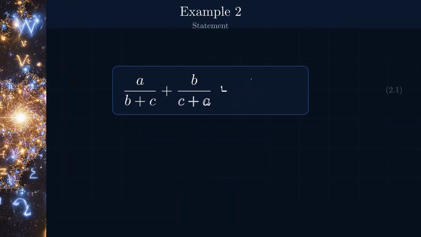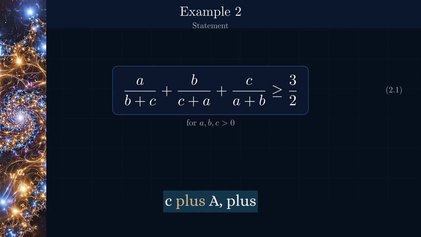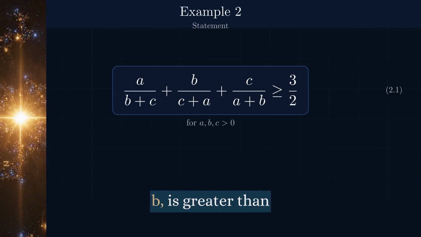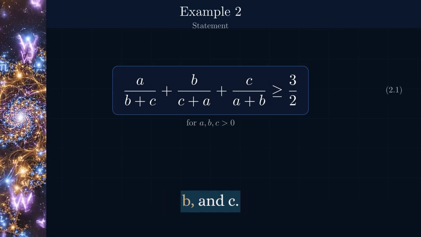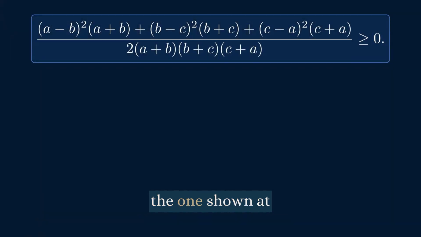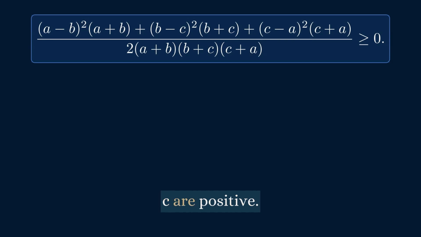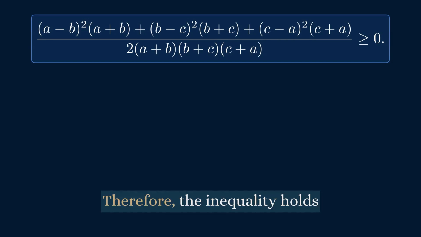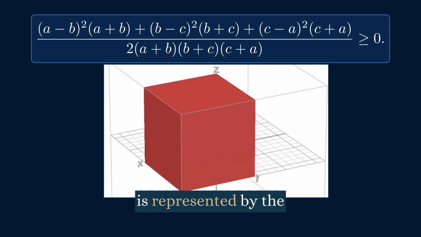Example 2. We shall prove that A over B plus C, plus B over C plus A, plus C over A plus B is greater than or equal to 3/2 for positive A, B, and C. The inequality we are proving is equivalent to the one shown at the top. In this form, it is clear that the numerator is non-negative and the denominator is positive whenever A, B, and C are positive. Therefore, the inequality holds for all such values, and its solution set is represented by the red-marked